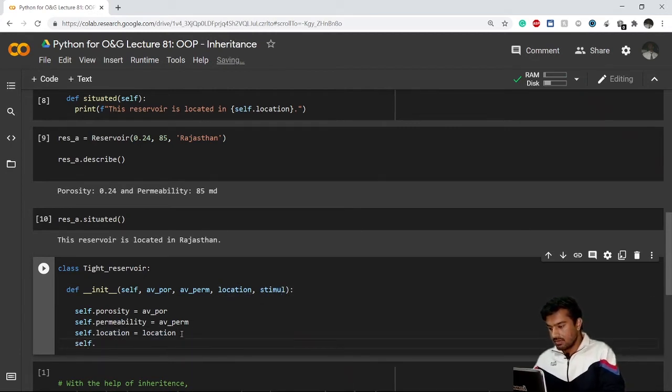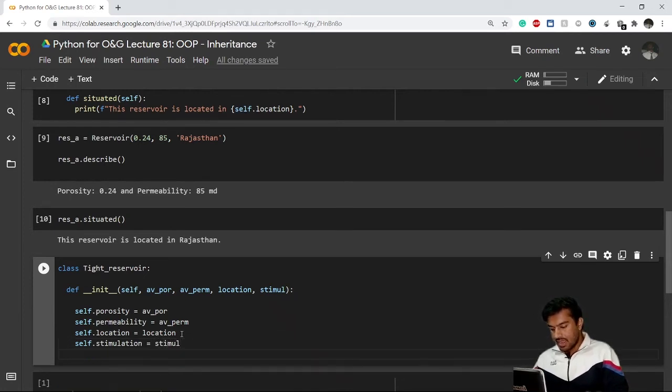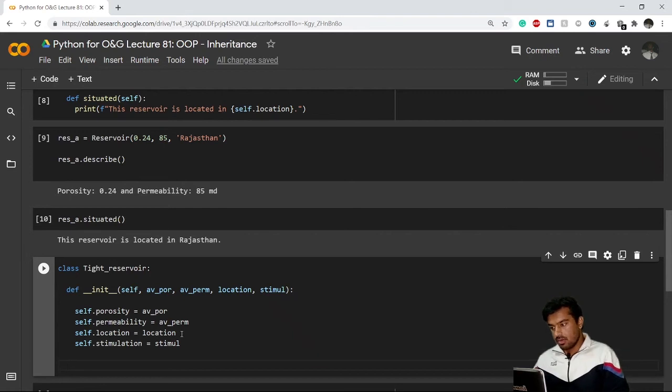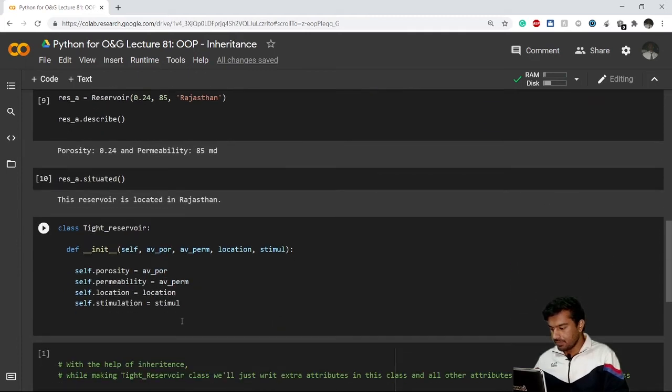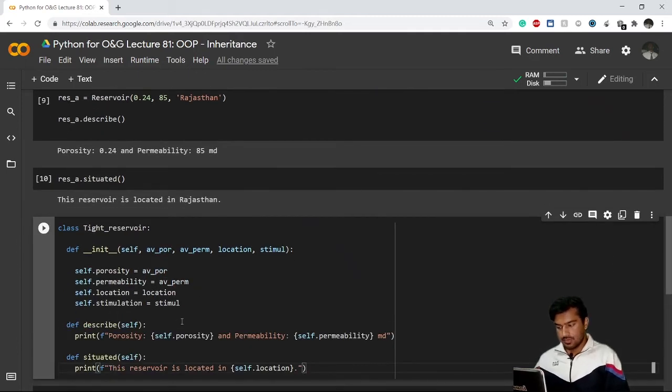My new variable will be stimulation, spelling correct, yes, and it will represent my stimul. Great. And I also want all these methods to be the same. Great. Now everything is the same. I've just added this attribute stimul, and this is my new instance variable in this class.